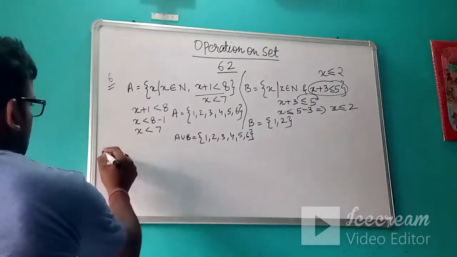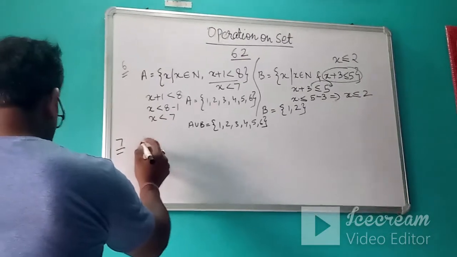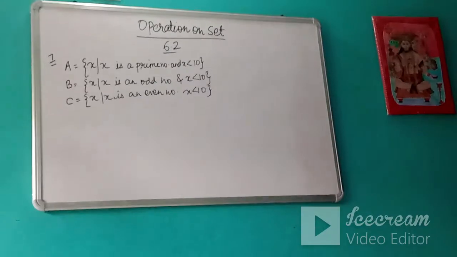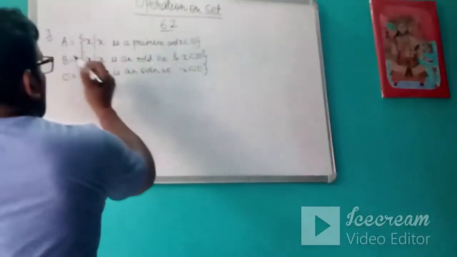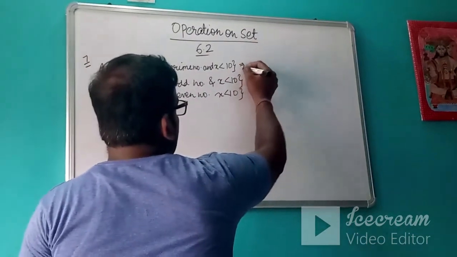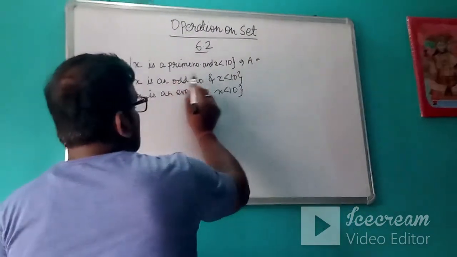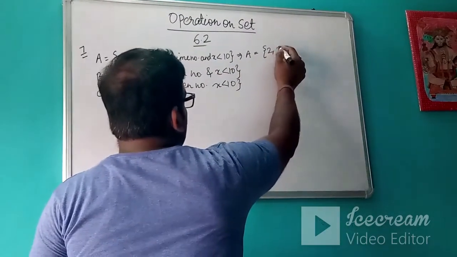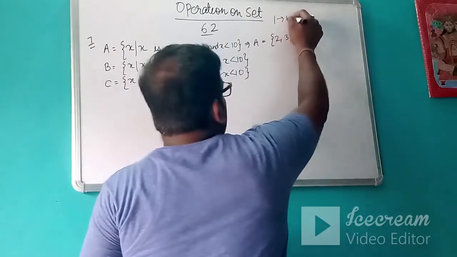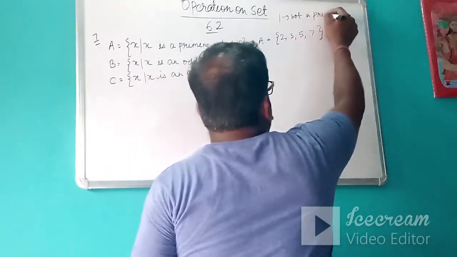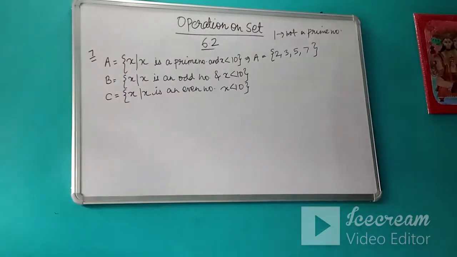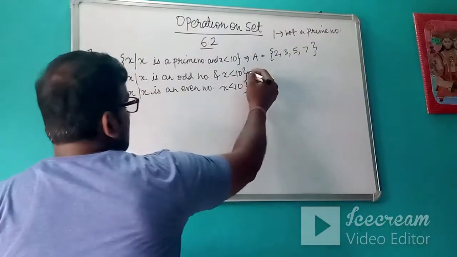Then let's discuss one more question. Now again this set is given in the set builder form. First we will write the elements of the set, that is all the prime numbers that are less than 10. So that is 2, 3, 5 and 7. Remember, 1 is not a prime number. Many times you all write 1 as a prime number. So never take 1 in the prime number list. This will be your prime numbers less than 10.